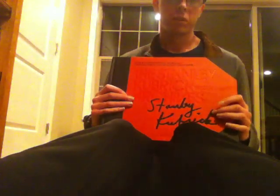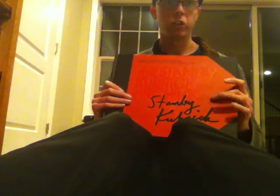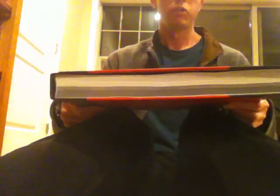So what's the difference between these two? As far as I can tell, there's actually no difference in text. It just has to do with how many photographs are in here, because that black section there is photographic retellings of a lot of Kubrick's films, and it's actually rather nice, these pictures, but the problem is some of them aren't